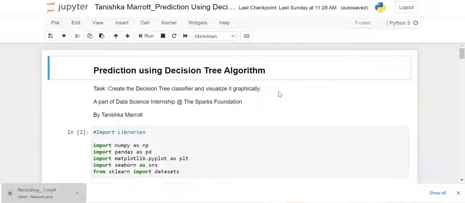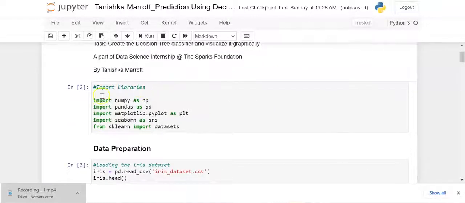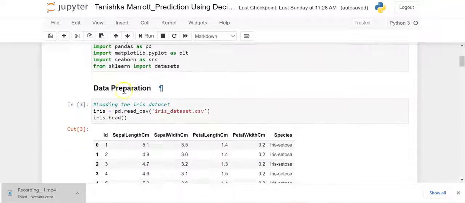So moving forward, let us get started with the code. Here, as you can see just below, we've started by importing the required libraries: NumPy, Pandas, PyPlot, Seaborn, and datasets. NumPy is good for mathematical computations, Pandas for data pre-processing or anything concerning data frames, PyPlot for data visualization, and Seaborn for graphical statistics.